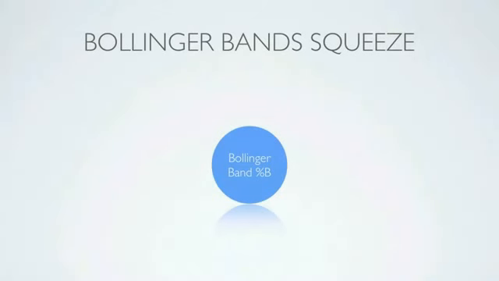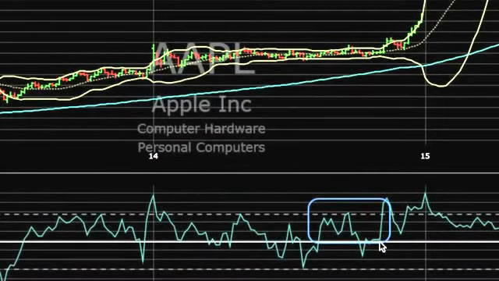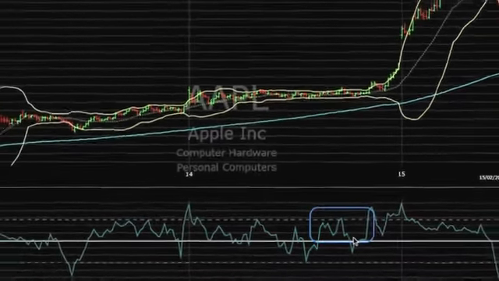The Bollinger Band %B is a bit different. It measures where the price is in relation to the bands. Here you can see that we have a reading above the midpoint, meaning that the price is staying closer to the upper band than the lower band. When this reading is below, it says that the price is closer to the lower band than the upper band. So it's telling us where price is in relation to the bands. When price is above here, it's showing bullishness. Why? Because price is closer to the upper band. That's momentum to the upside.